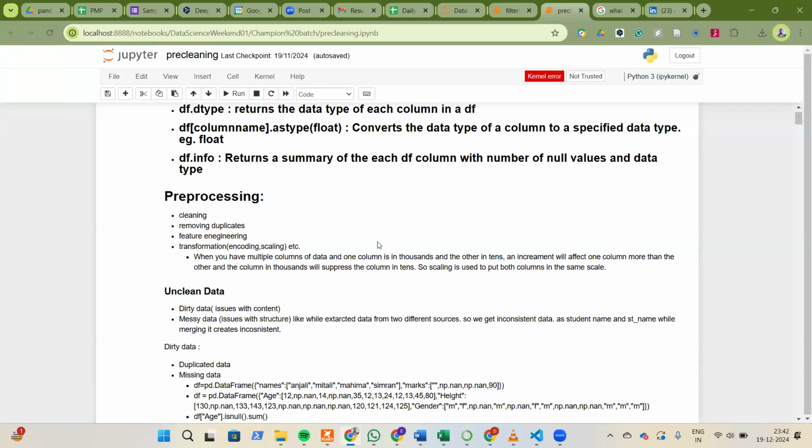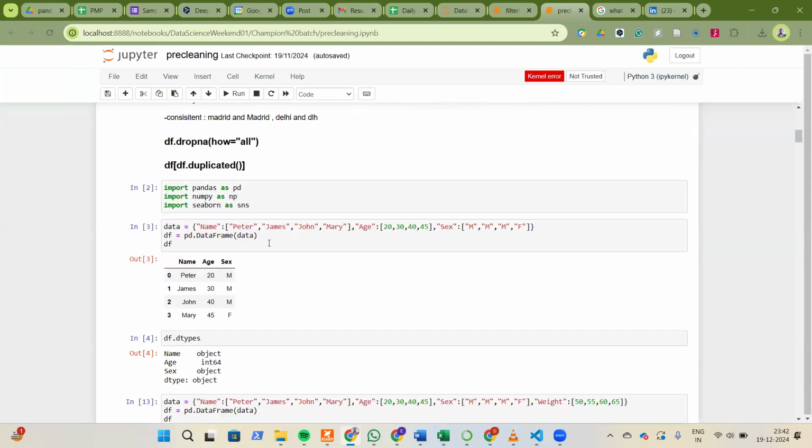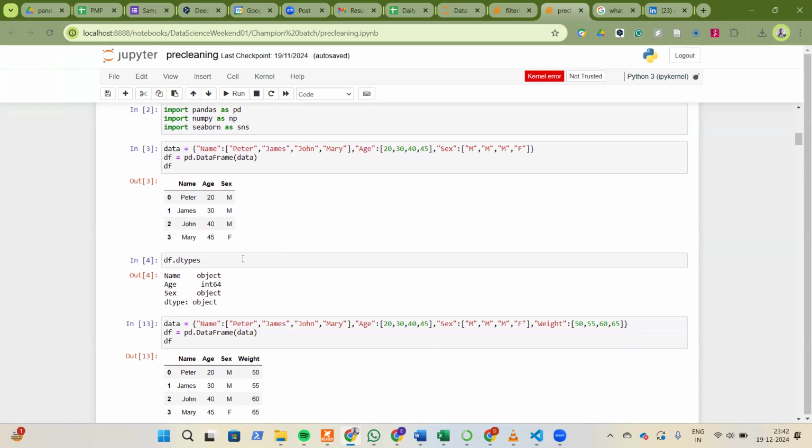For example, we looked at a situation whereby you could have duplicates. Let's see where we started from. We started by looking at, okay, when you get your data, the first thing, like we mentioned, was that you have to check your data types. For example, you have to check your data types, and if